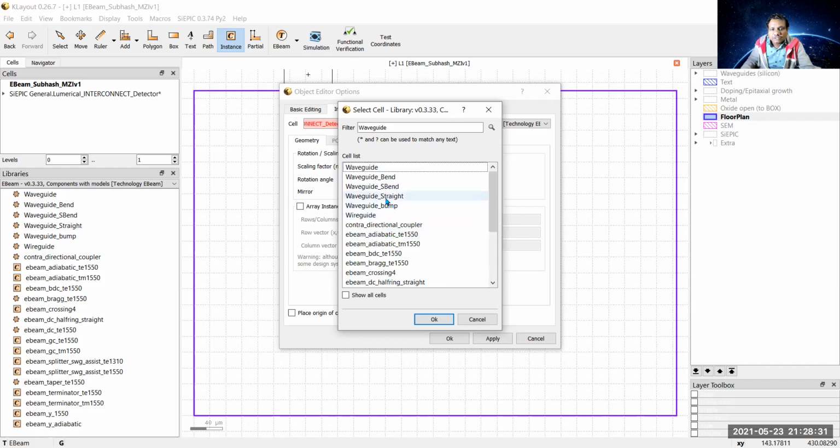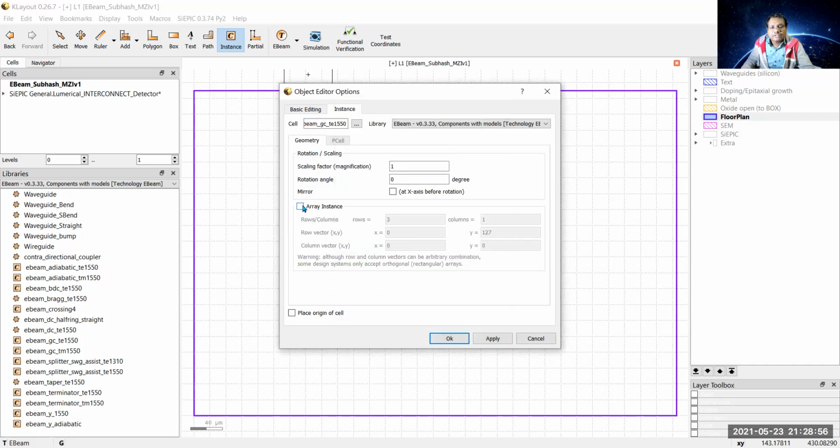So you just scroll down. We have straight waveguide, bent waveguide, straight waveguide, bump, wire, contra-directional coupler, and after that you will see this E-beam grating coupler for TE mode at 1550 nanometer wavelength. So I click on that, say OK.